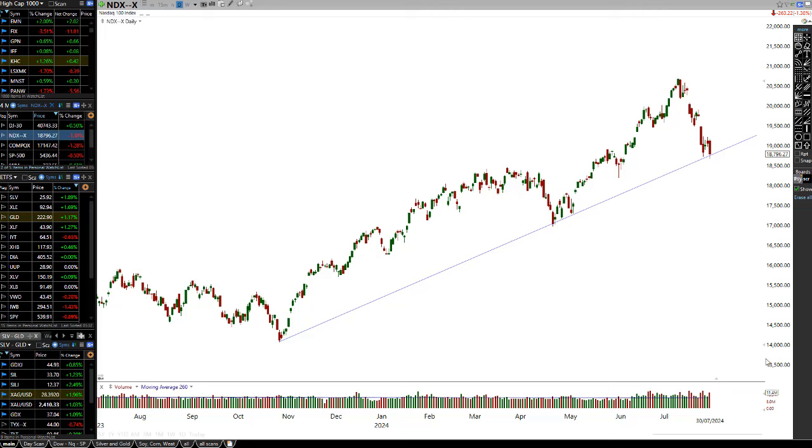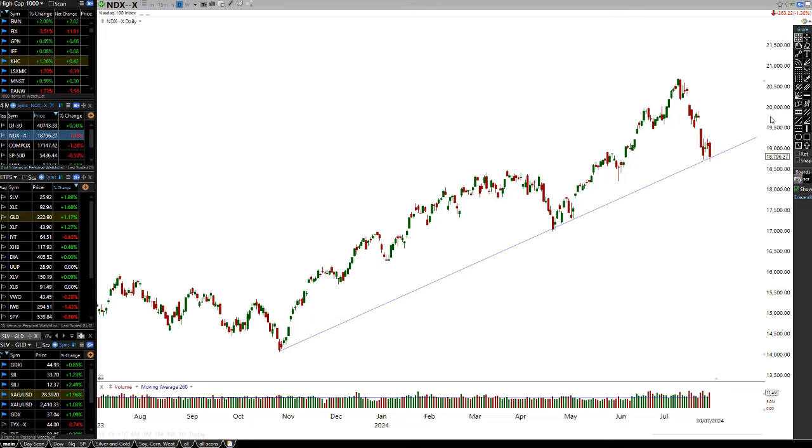We also can see that looking at this level, we also got the 50% Fibonacci level. So we have this level through there. And as you can see, look at this here. We have this level of support around the 19,000 level, and we're almost at this level here. So we are in a very big booming bull market, and we are getting very close to